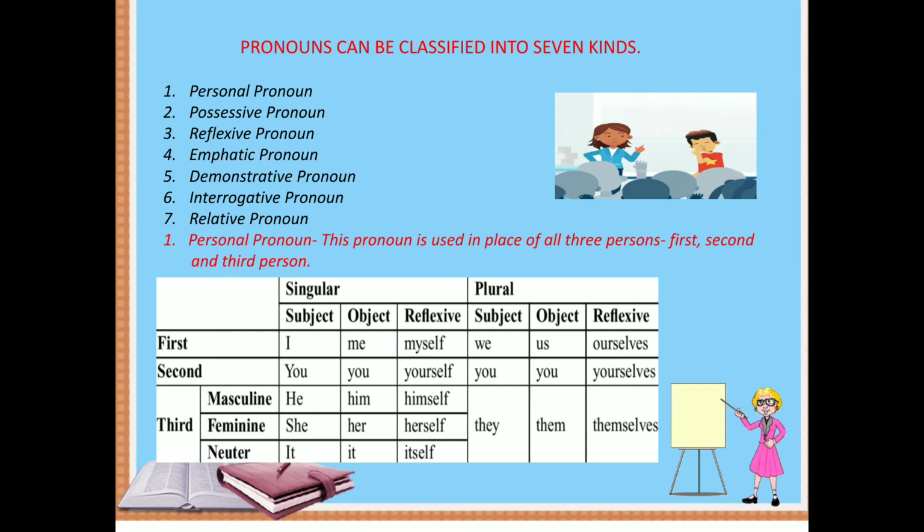Second person, it denotes the person with whom the speaker is speaking. Second person's pronouns are you, your. Suppose I am speaking and you are listening. Okay, so you are listening and I will use the pronoun for you, yourself. Okay, and the third person, it denotes the persons or things about which something is being said. Okay, so it has 2 numbers and 3 genders as we have read in the table.